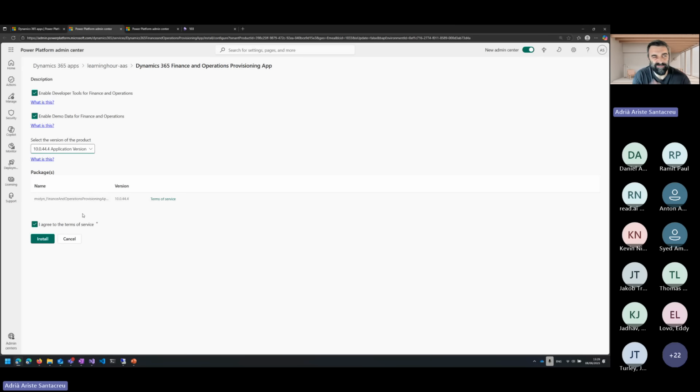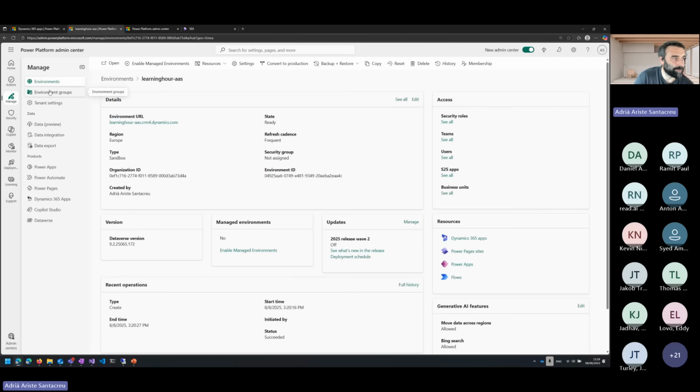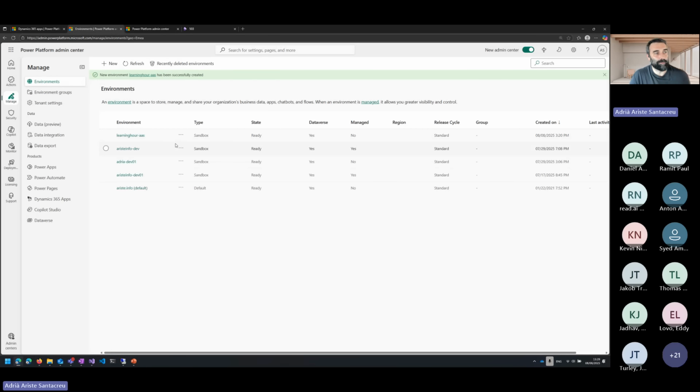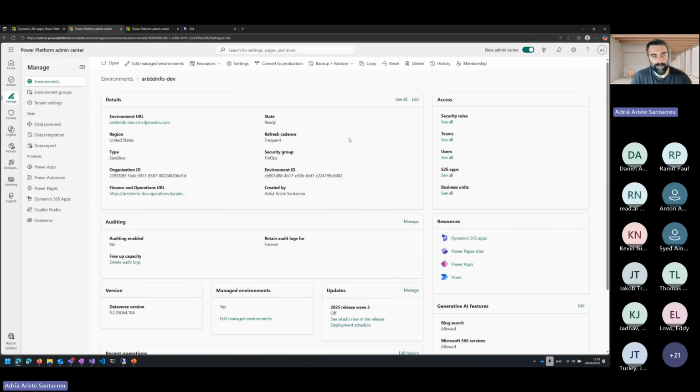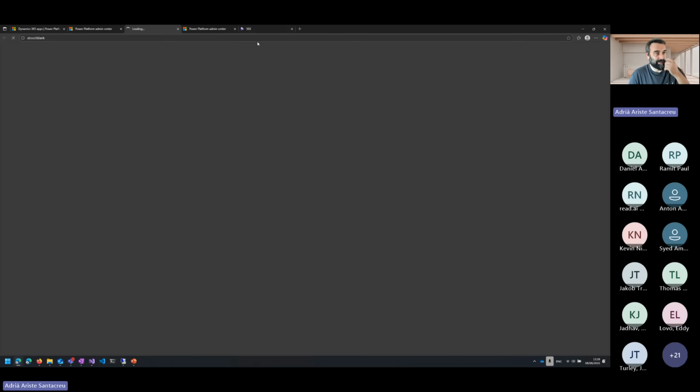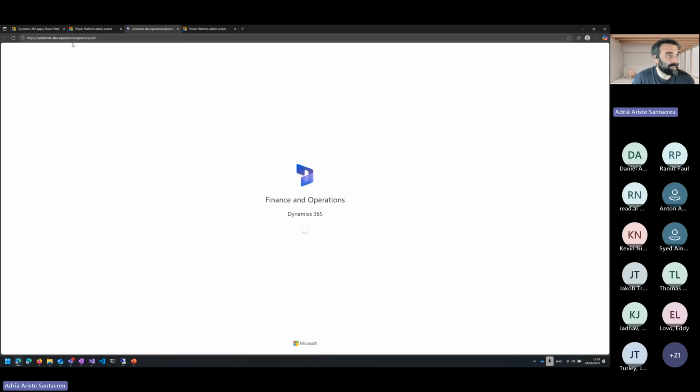It takes around 1 hour and a half, maybe 1 hour and 45 minutes, depending on the day, to get F&O into the environment. And once you get the F&O provisioning app installed, you will see in the environment, so this environment already has financial operations, the URL here. And it's interesting because if you look closely,